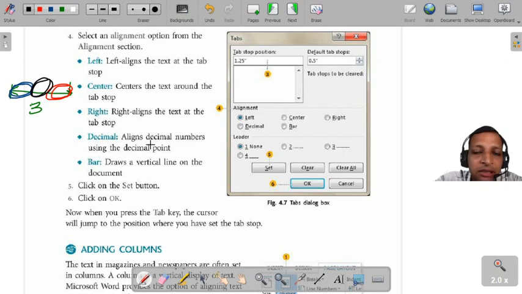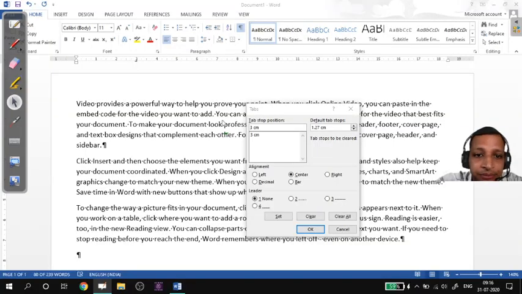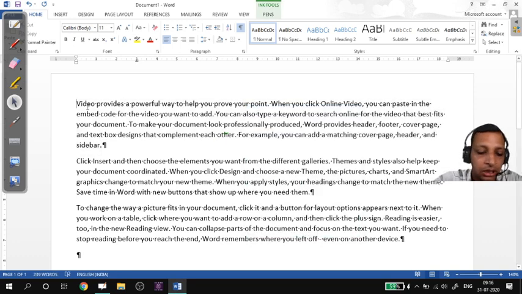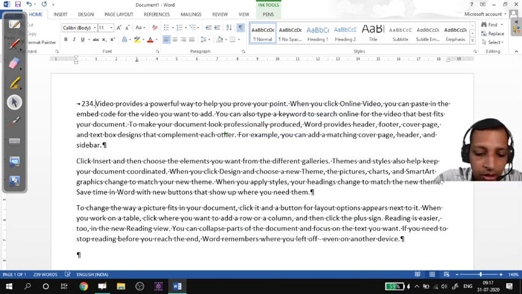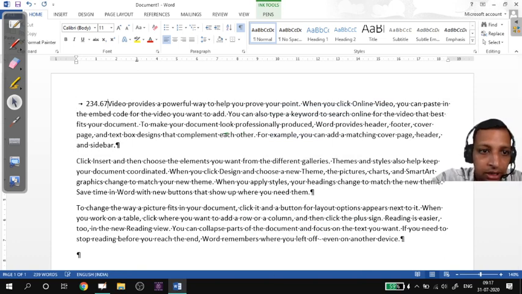Okay, what is the decimal? Decimal stands for numbers. When we have numbers, supposing I'm putting a number, let me make it decimal. I type a number, say 234.679.